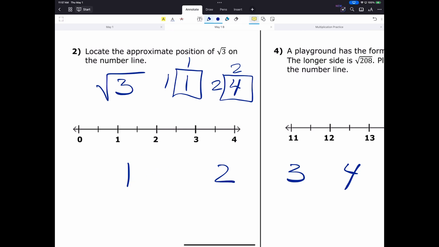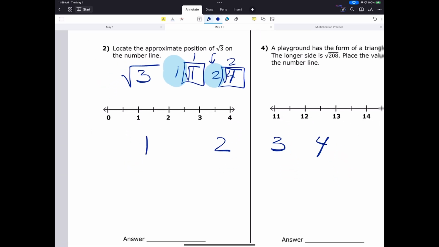No, we're looking at this one. Here, let me go back. We're looking just at that one. The ones that are highlighted would be the square root. The square root of 1 would be 1. The square root of 4 would be 2. The square root of 3, which is what we're looking for, is going to be between 1 and 2. Here's 1 and here's 2. Closer to 2, right? Closer to 2. In other words,